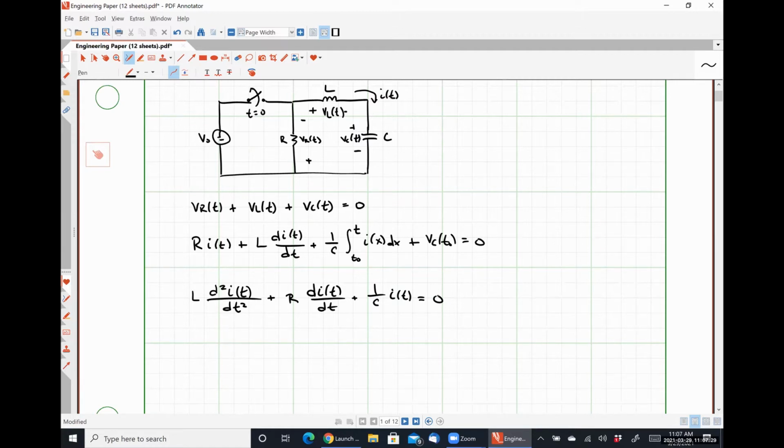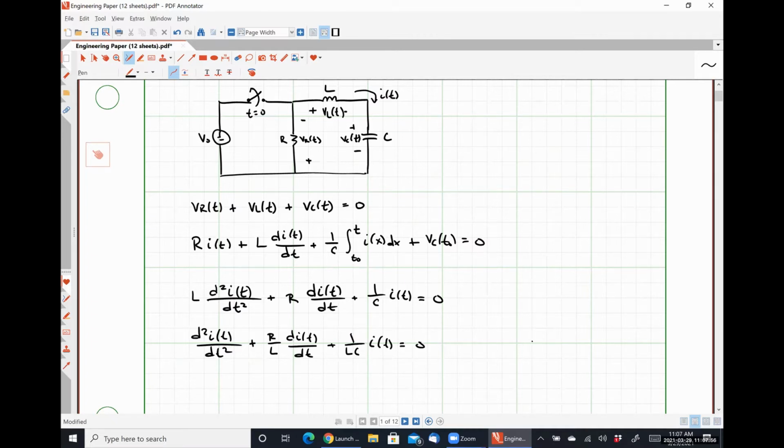And I'm going to divide through by a factor of L, which leaves me with the second derivative of the current plus R over L times the first derivative of the current plus 1 over LC